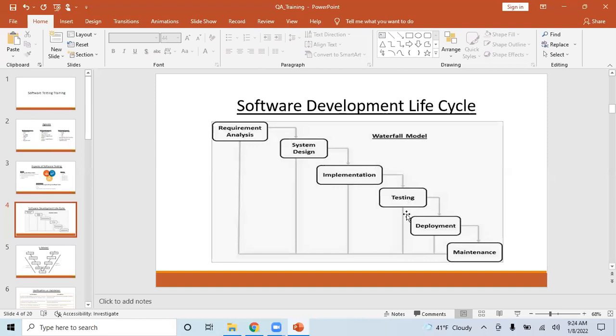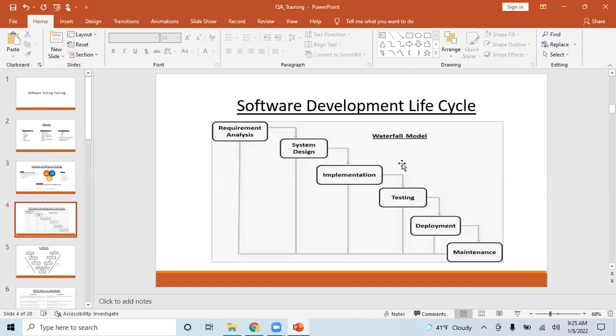So start testing. During this implementation phase, while developers are developing the code, testers will start writing the test cases. Testers will have the requirements and the system design. So parallelly, there should be one more arrow from here to testing, where once the system design is out, they can start writing the test cases, right?